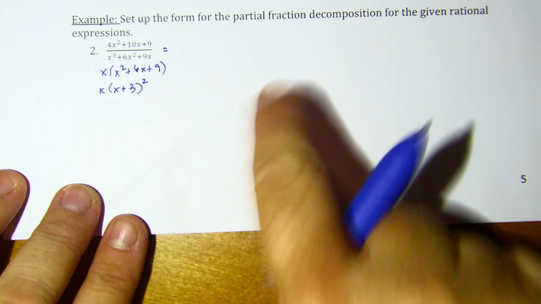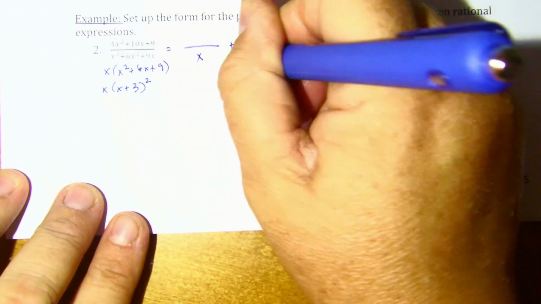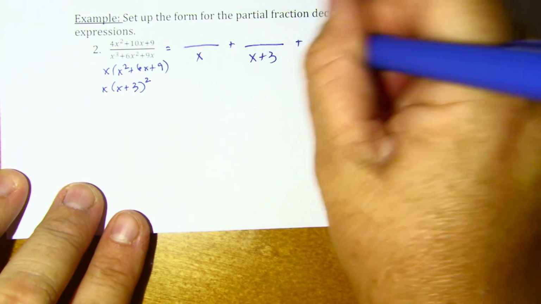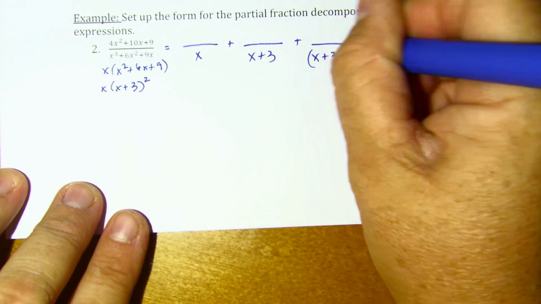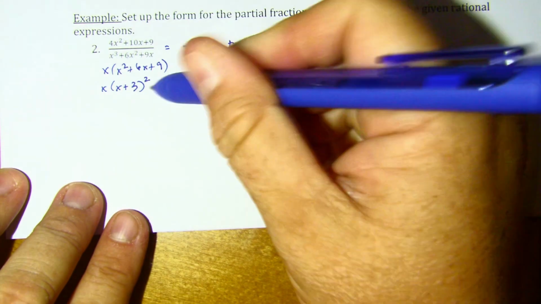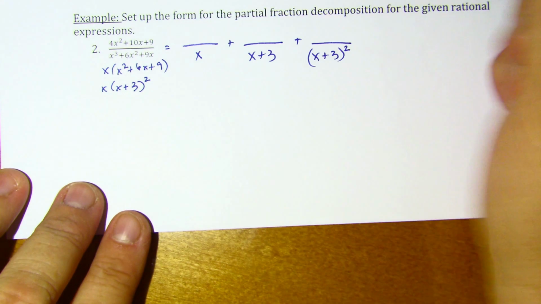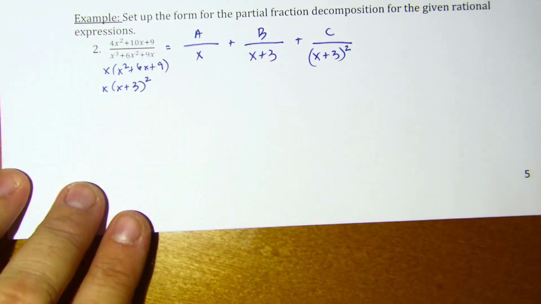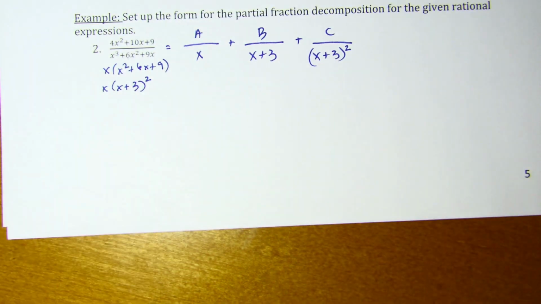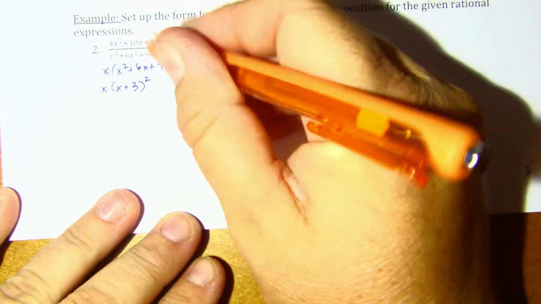So rather than just having two fractions here, I'm going to have one with just an x, one with an x plus 3, and one with an x plus 3 squared. Because it's possible that I could have a denominator of just x plus 3, but it's also possible that I could have one where I have x plus 3 squared. And so instead of just a and b now, we have a, b, and c. And we'll have all three of those that we need to find. But again, our approach is very similar in that what we'll do next is multiply by our common denominator,